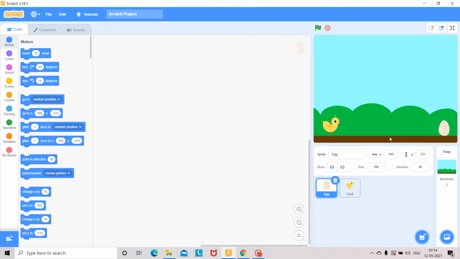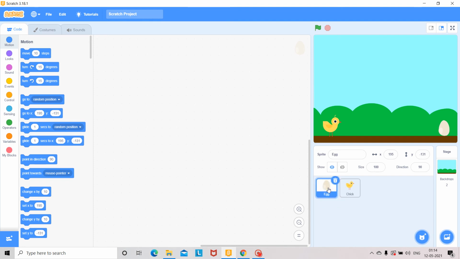Here the egg size is comparatively bigger, so I am changing the size of the egg. How can we change the size? You click on the sprite here. There are two sprites, one is egg and another is chick. Whichever sprite's size you are changing, you have to select that sprite first.